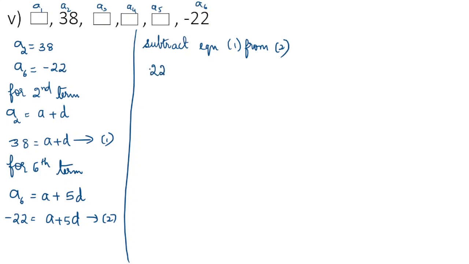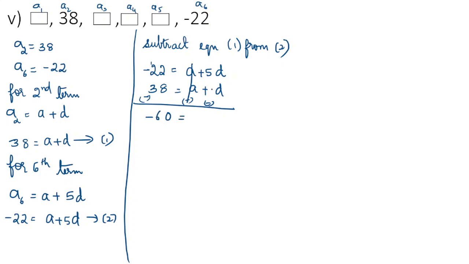So minus 22 is equal to a plus 5d, and equation 1 we have to write now. 38 is equal to a plus d. Now subtraction, so the sign changes here. So plus a minus a get cancelled. Minus 22 minus 38, what do we have to do? We have to add and keep the bigger number's sign. 2 plus 8 is 10, 1 remains, and 3 and 6 here. Minus 60